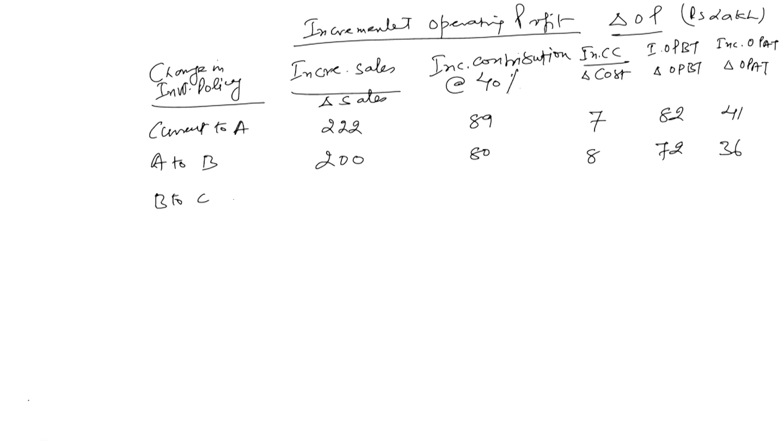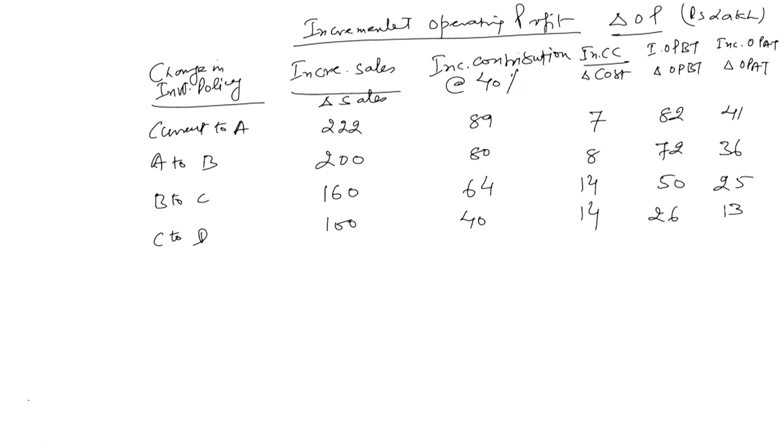From B to C, the change in sales is going to be 160, then incremental contribution is going to be 64, then 14, then 50, and it is going to be 25 lakh rupees. Then you go from C to D. When you go from C to D, the change in sales will be 100, and incremental contribution will naturally be 40, and then the incremental carrying cost is 14%, this is 26,